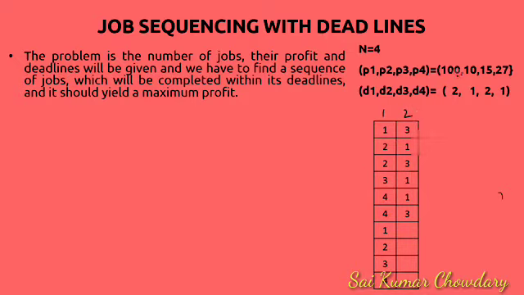First thing, I want to take the first job in the first unit of time and the second job in the second unit of time. Is it possible? No. Why? Because in the second unit of time this job is not available. If you observe, let us consider 2 slots. In the first slot all the jobs are available: first, second, third, fourth. Why? Because they all are available in the first unit of time. When it comes to the second unit of time, let us suppose the second hour, this job is not available.